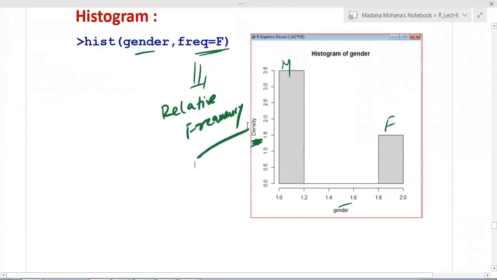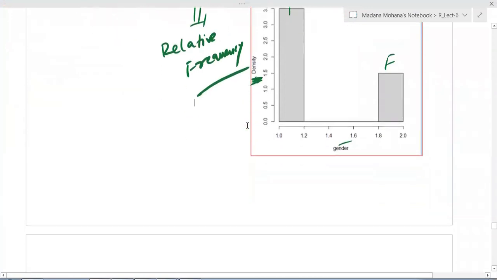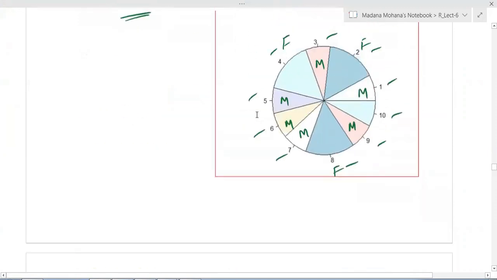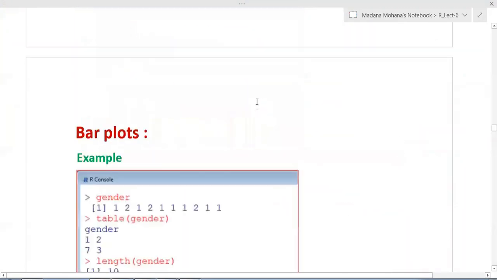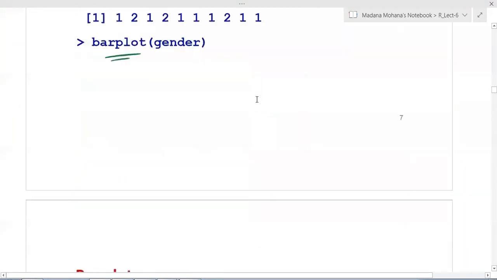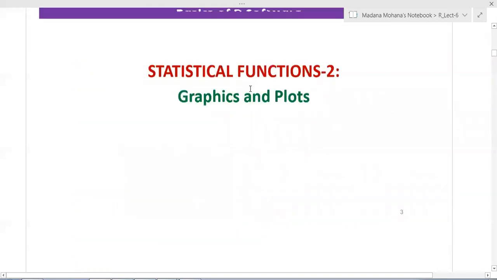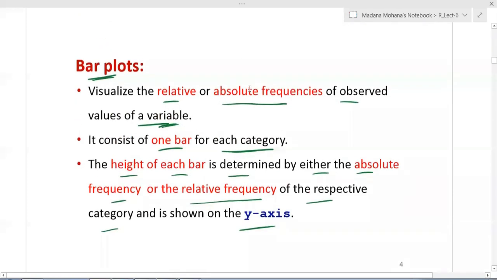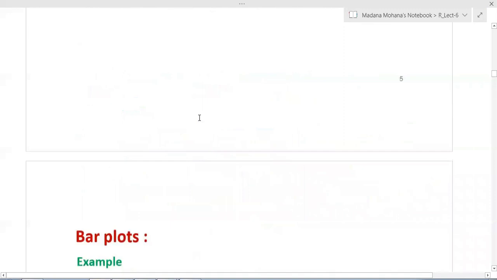Okay, these are some of the graphics tools based on absolute frequency and relative frequencies which we covered in our previous session. So these three graphics tools are related to absolute frequency and relative frequencies. So bar plot is one.